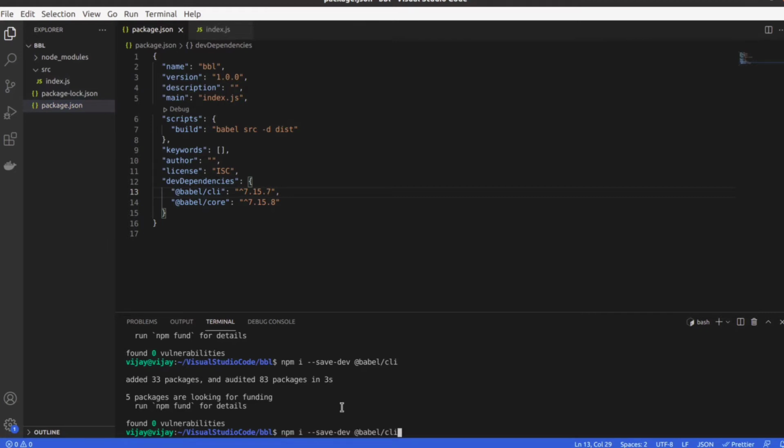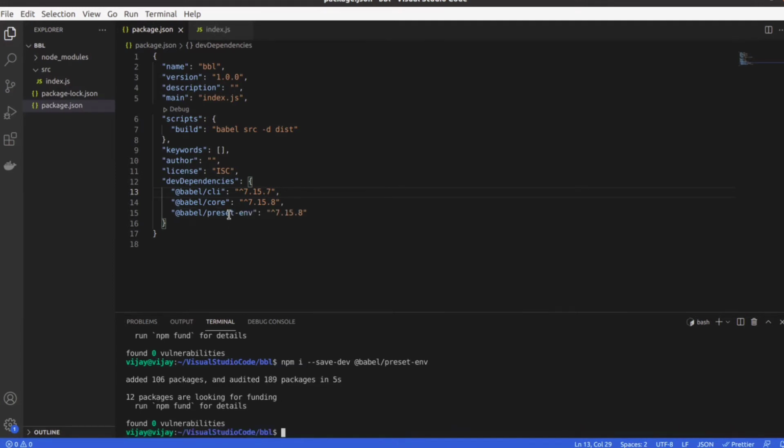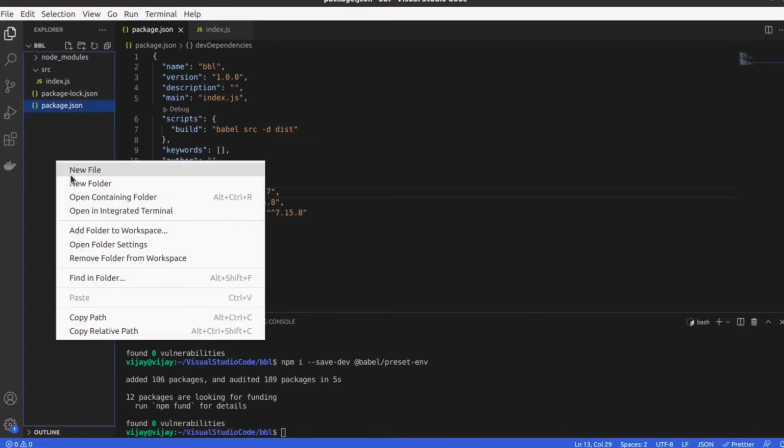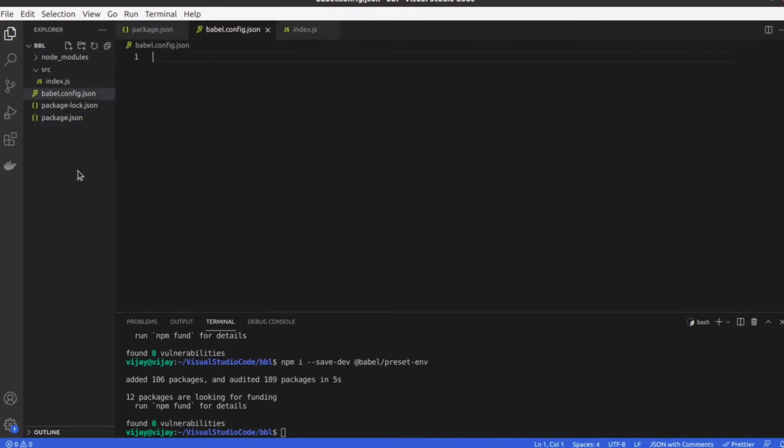One last package we need to install is Babel preset env. Using this preset, we will have control over the compilation process. To do that, we will create a babel.config.json. Babel will by default identify the JSON file when it executes. Inside here, we will return presets and the Babel preset. Now if we run the build command,